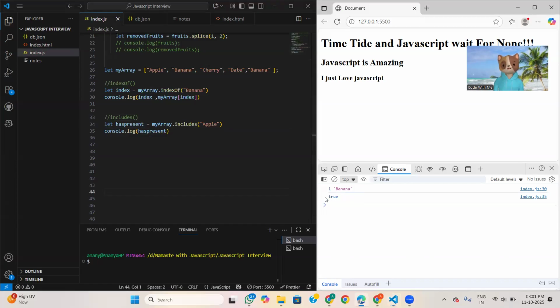See, since apple is present, it is showing true. If it is not present, then it will show false. But as I said, if you write it in capital letters here and in small letters there, it will check accordingly. I think you got it.